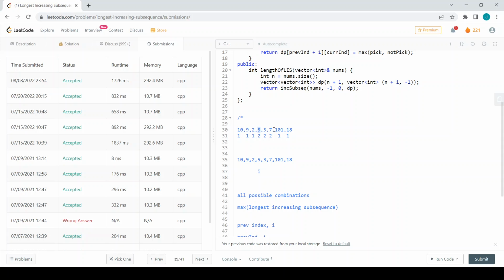Since 5 is lesser than 7, there may be an increasing subsequence. So we will check 1 plus the dp of I. dp of I is 2. So 1 plus 2, which is 3. 3 is greater than 2. So we will replace this 2 with 3. And we will check 3 is lesser than 7 and 1 plus 2 is 3. 3 is greater than 3, but it is not going to update since already we have a 3 in this